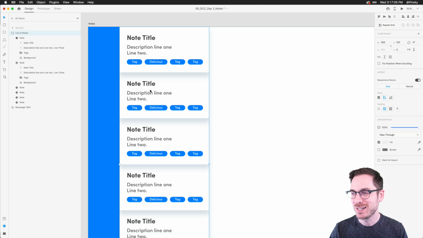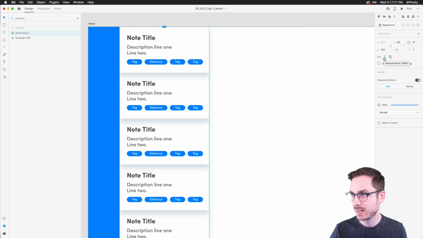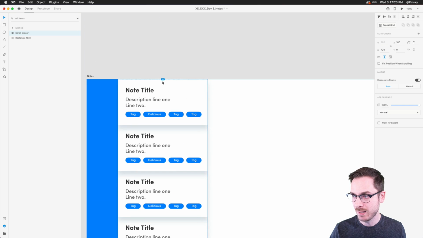The chat's going crazy. Down the artboard, and we want to enable a scroll group. Like we did yesterday and also on Monday, all you have to do is within your properties inspector, we've got our different scroll group options: horizontal, vertical, and in both directions. So I can just go ahead and choose vertical, just like that. And now we've got these handles, right?